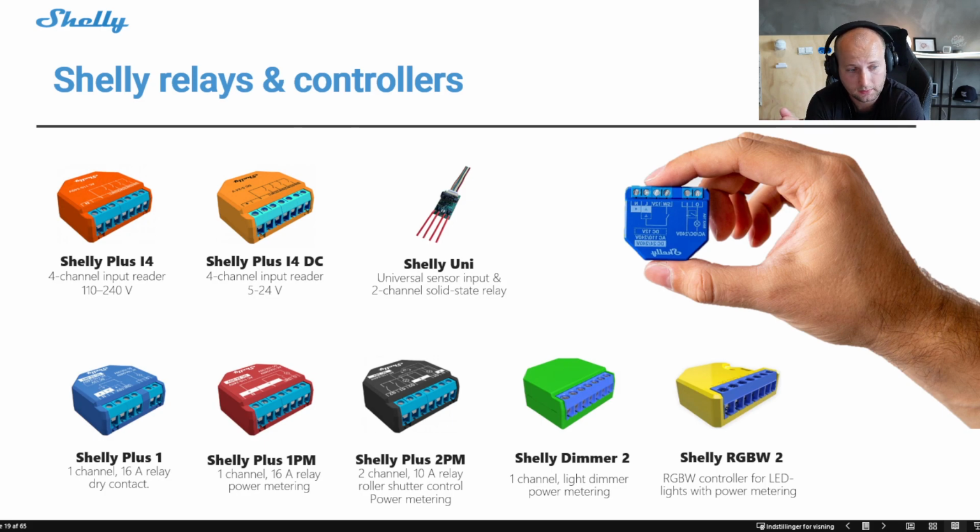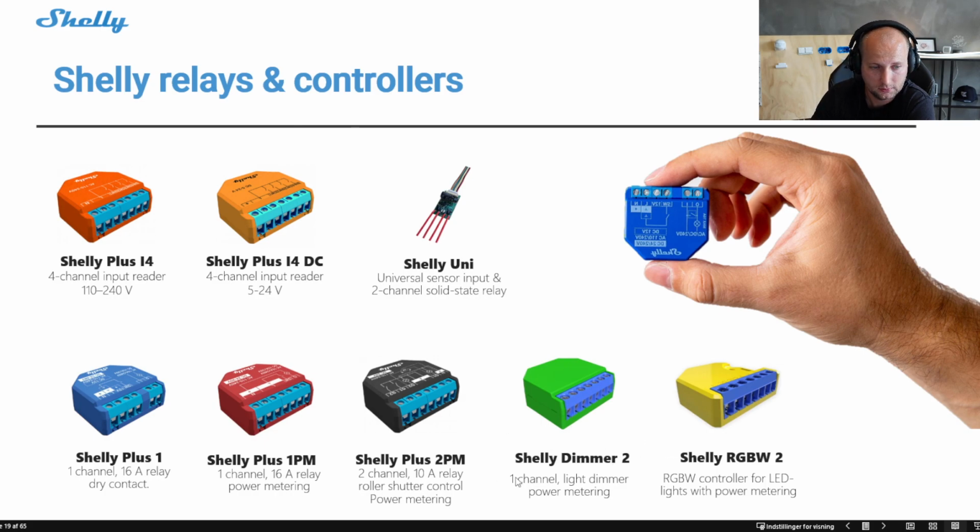But you also have the opportunity to set it up in roller shutter mode, meaning that you can start controlling two-way AC motors to control roller shutters, or different kinds of solutions like that. So it has built-in memory. You just need to calibrate it once, and then it has the built-in memory.